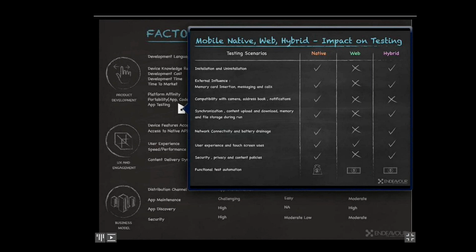And in terms of web applications, they are far easier, less labor-intensive to test or automate compared to native and hybrid applications. Test automating a web application is much straightforward and simpler compared to automating a native application or a hybrid application. There is a lot of automation script, a lot of automation tools and things that you need to put in place in order to test them.